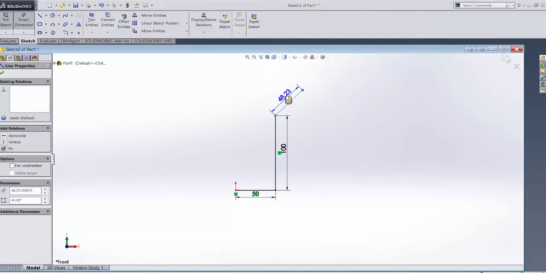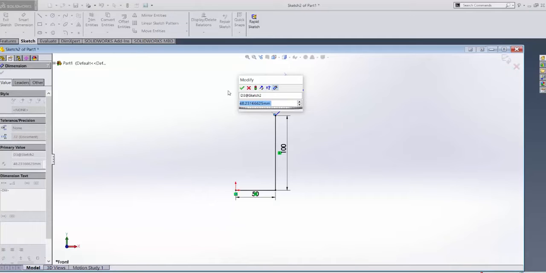Let's set the length of this line. In this case, depending on where your mouse is, you can either set the total length, in this case which reads 48.23, or a projected length. In this case, the projected length along the y-axis being 34.10, or 34.10 along the x-axis. I'll define the absolute length,